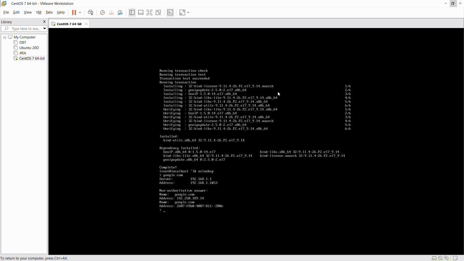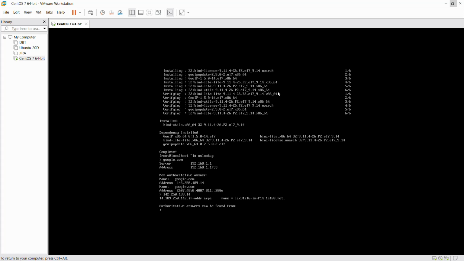If I give an IP address, 142.250.189.14, and it resolves it to some name, then it is called reverse lookup, or reverse zone lookup.